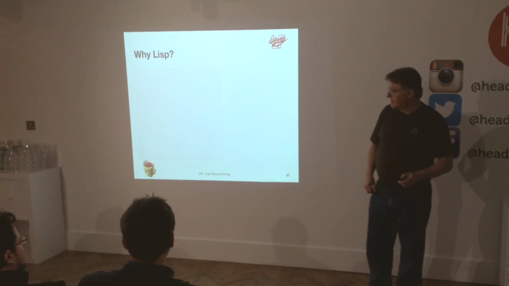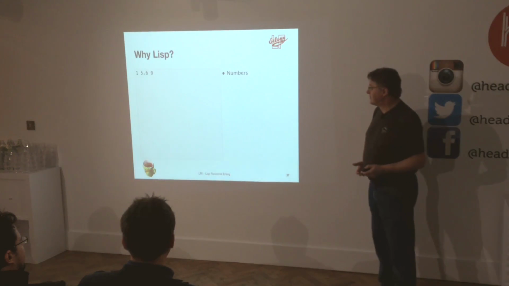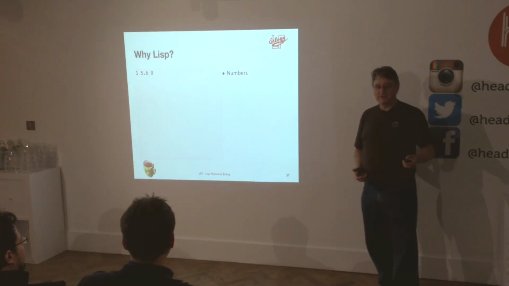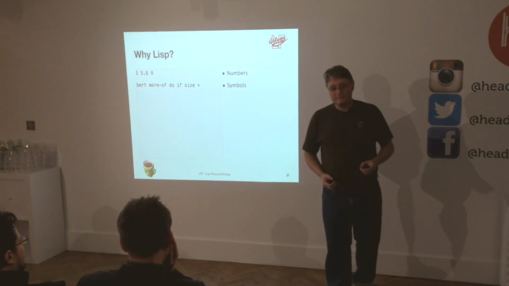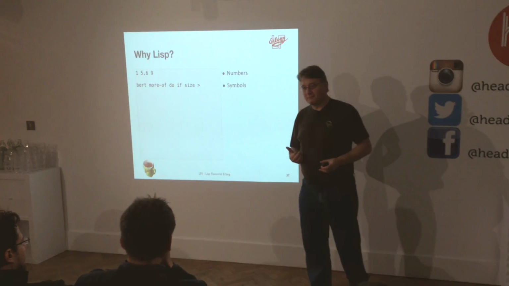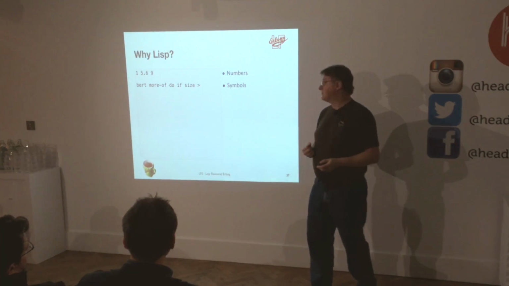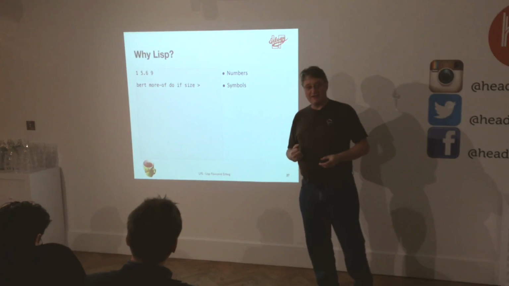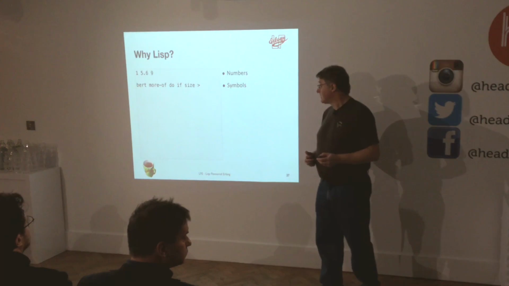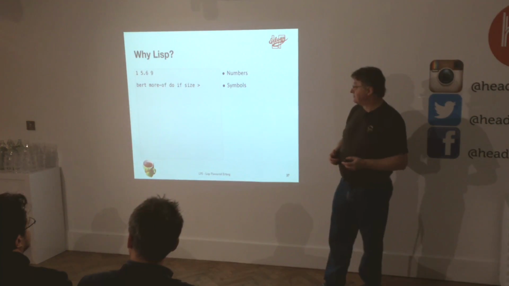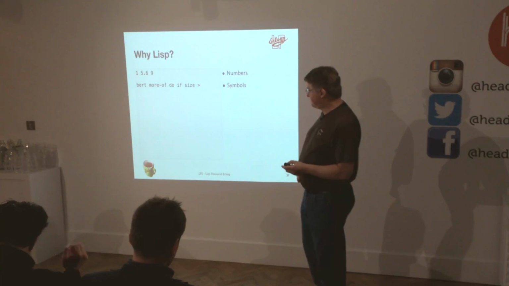But why Lisp? Okay, Lisp is actually, in one sense, a very easy language, a very simple language. It's got numbers. Nothing strange here. 1, 5.6, and 9, they're just numbers. It's got symbols. These things, which in other languages might be variables or something like this, are actually things in Lisp. They're symbols. They have properties. They have a name. They know their name. They can have values and other things connected to them, right? So they exist as such. So do is a symbol. It's a thing, right? It's an atom or symbol.